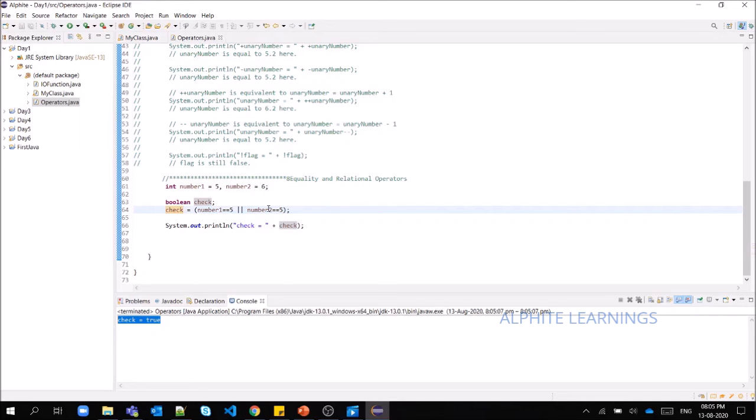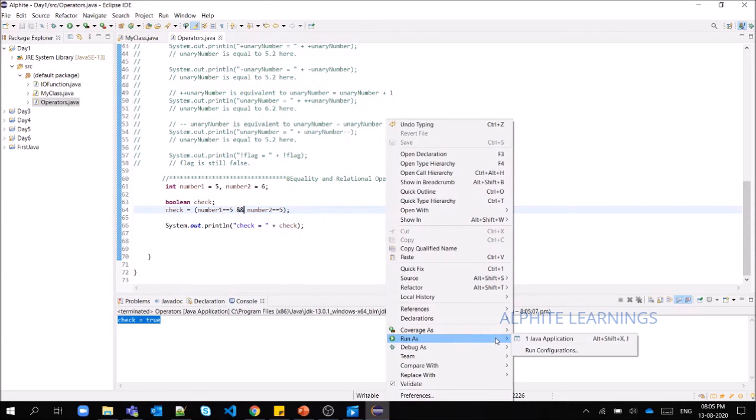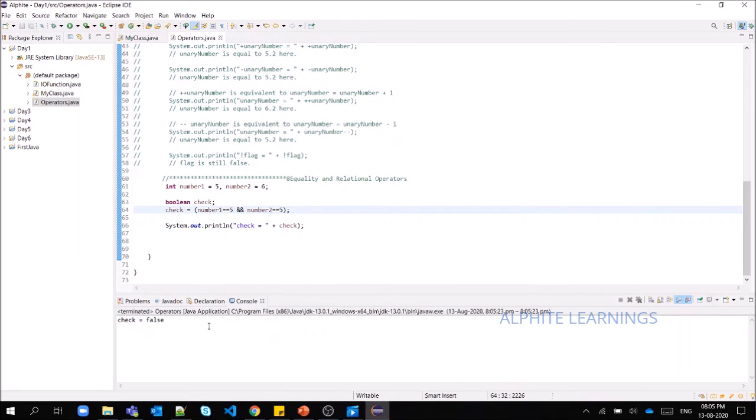Okay, consider I am just changing this OR operator into the AND operator. What happens? We get false. The reason is, if it is logical AND, then it returns true only if both the conditions return true.